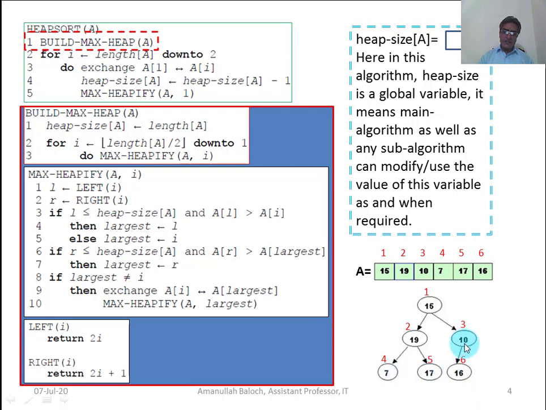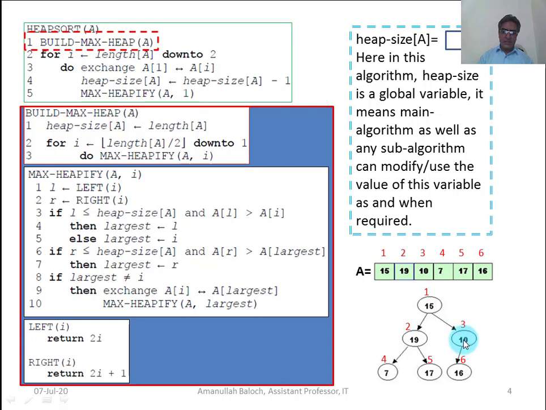The first parent is 10 at index 3. So we will start from the last level and see which node is the last parent. I denotes the index or location of the last parent.